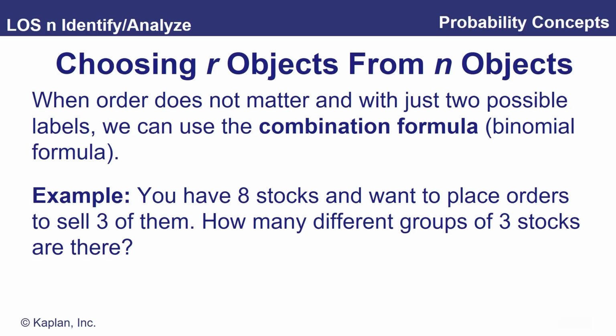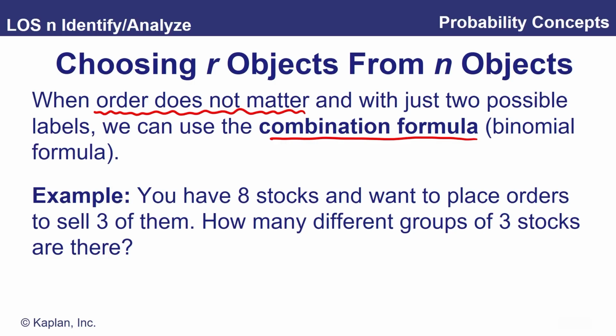Right, we're now looking at choosing our objects from n objects. Now when we're choosing, we either choose or don't choose something. We can use combination formulas, and we use the combination formula if order is not important. It's up there, that's the key word here. Order does not matter. Okay, we use combination formulas. What do we mean,